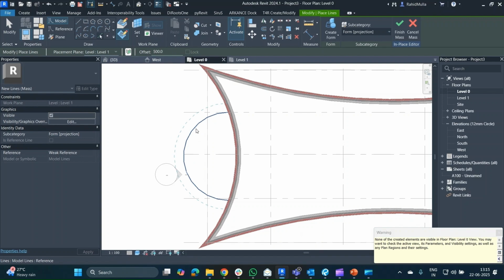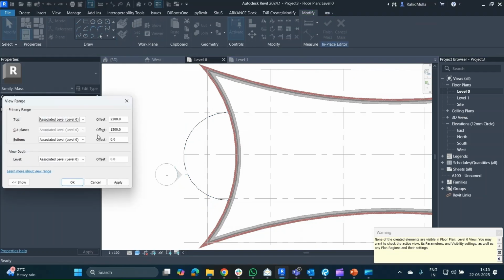One thing you need to understand is that there is another line which we have created on level 1. It cannot be seen due to the view range. So what we will do is keep the view range to unlimited above, and here as well unlimited, and this one we will take to 10,000. Okay,